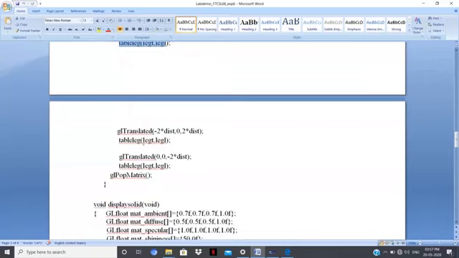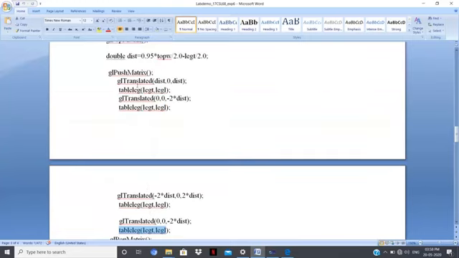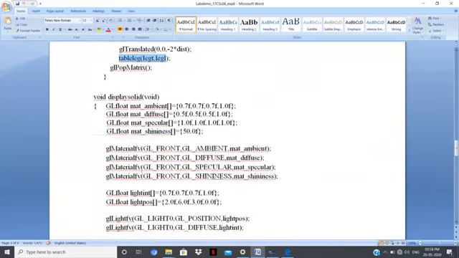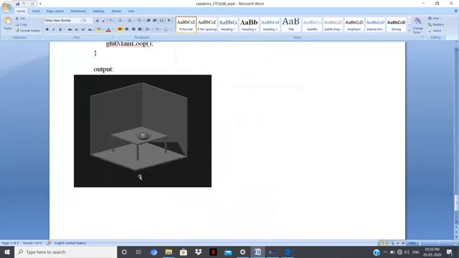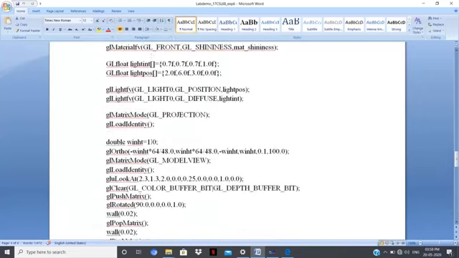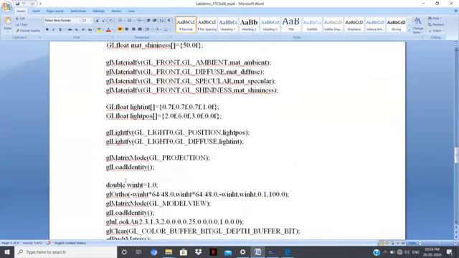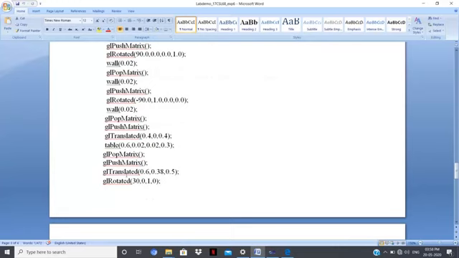Similarly the third leg and the fourth leg of the table you create and translate appropriately. So this is how you create the four different legs of the table. Finally you pop the matrix. So this is how the table function is called.